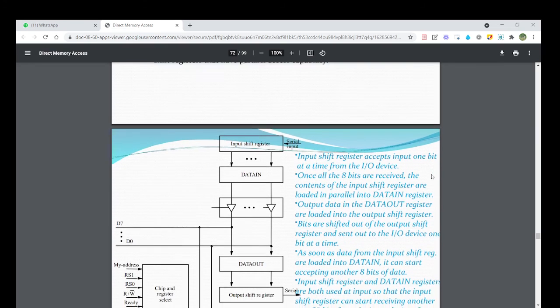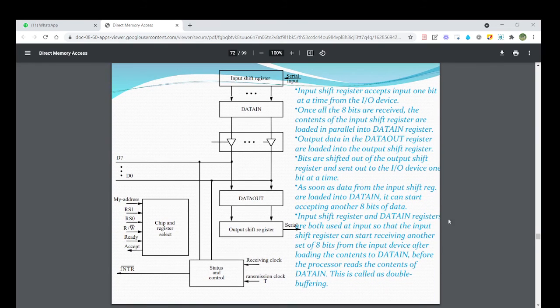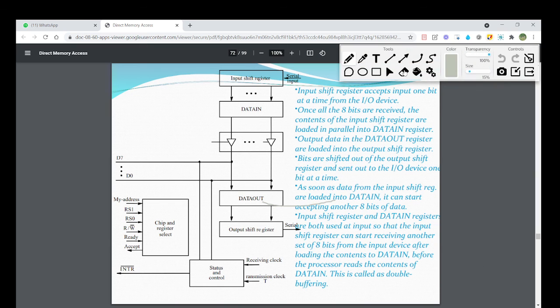Here is a diagram which shows how we are using the serial port for transmitting the data. Here is a serial input which comes through the input device. Whenever this serial input comes, we have the input shift register. Suppose I have an 8-bit shift register.